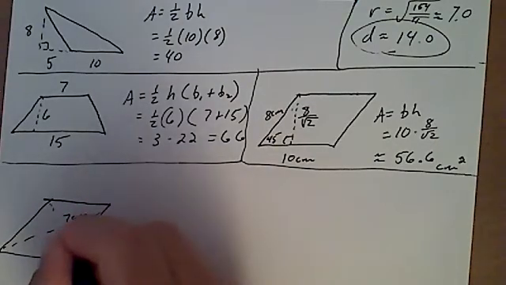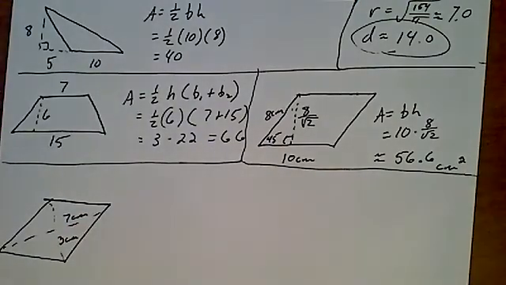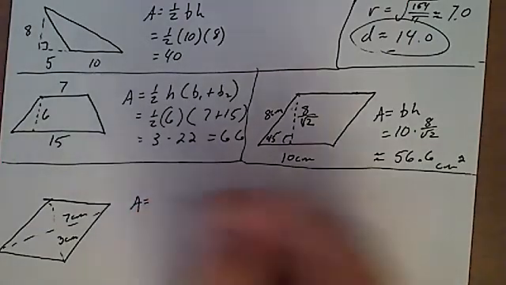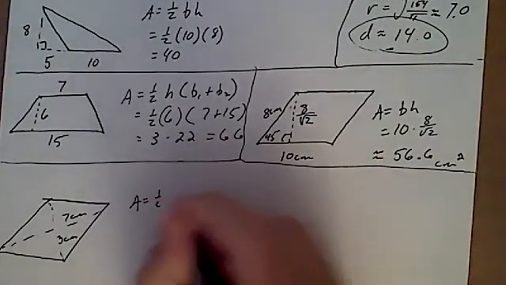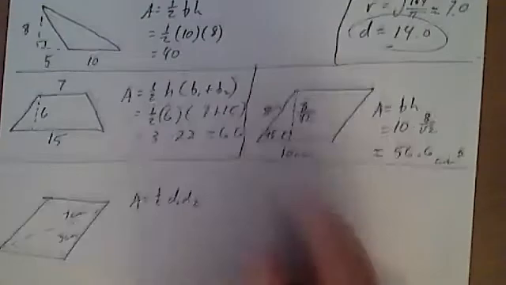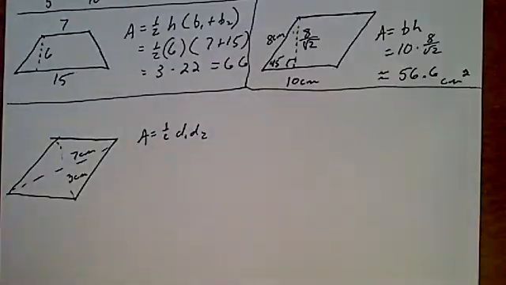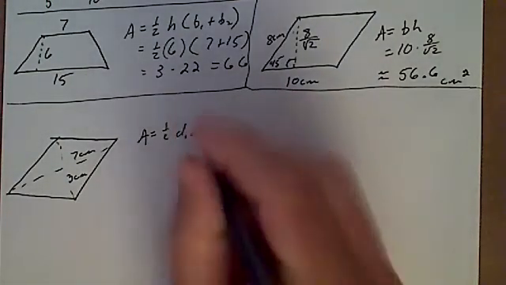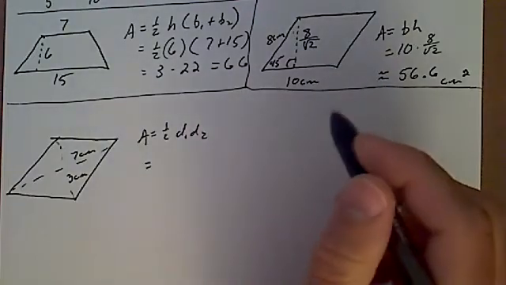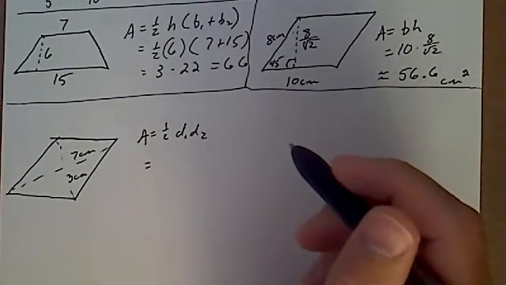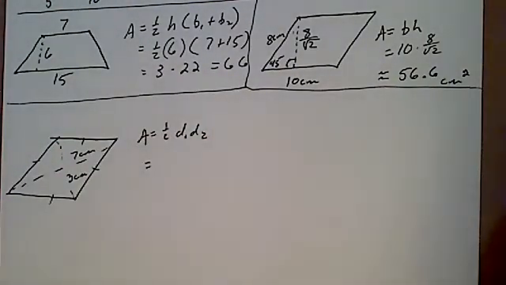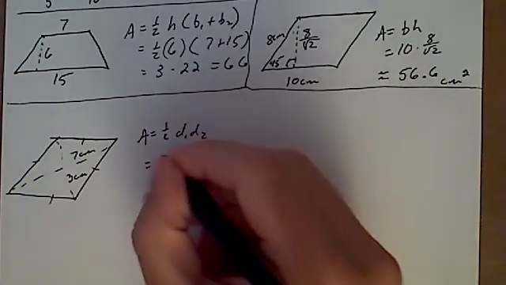Seven centimeters, 3 centimeters. This one is 1/2 of d1 times d2. Suppose you have to know that it's a rhombus. So we get